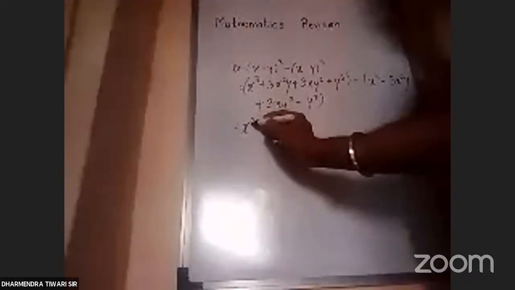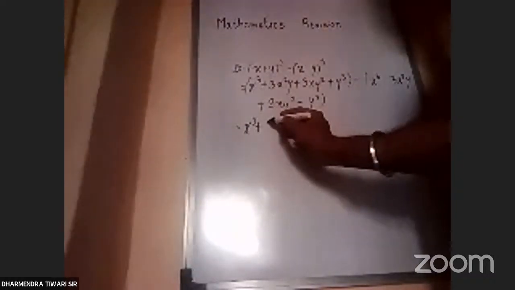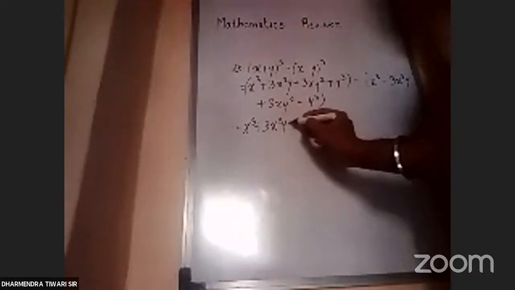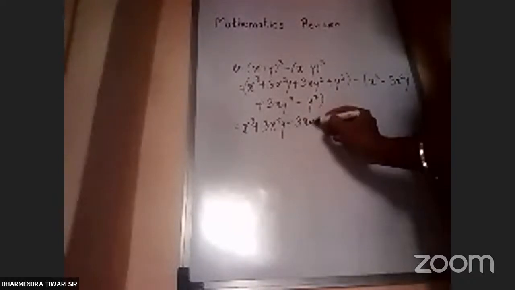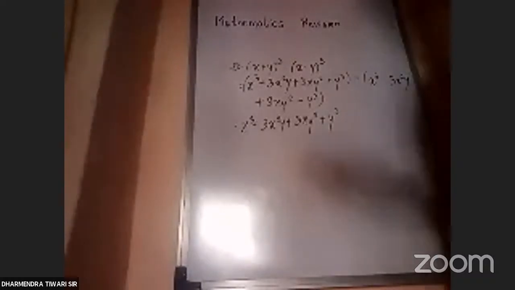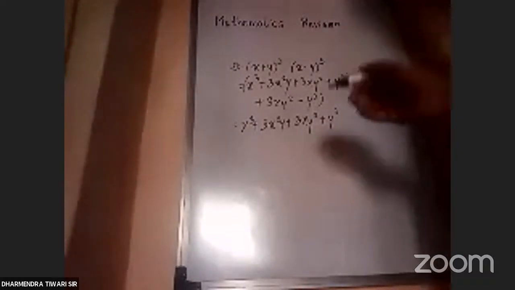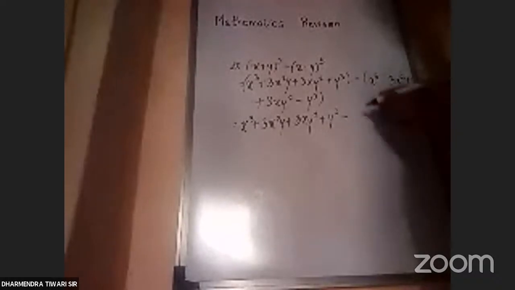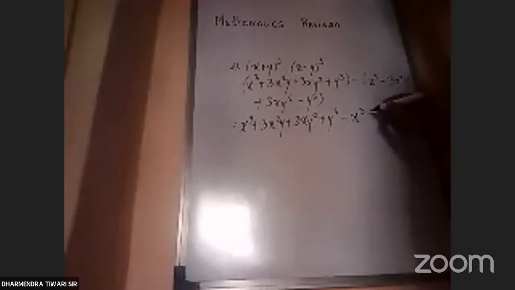This is x cube plus 3x square y, 3xy square plus y cube. Minus. Now we are opening a bracket, so it will be minus x cube. This minus will become minus minus plus